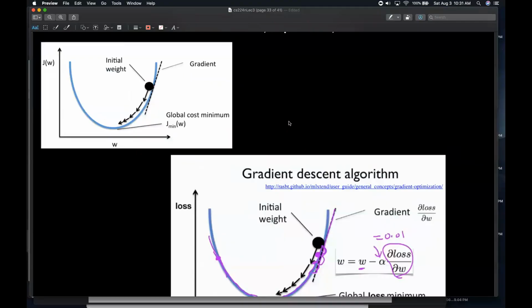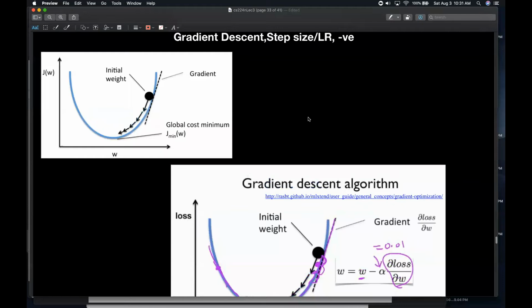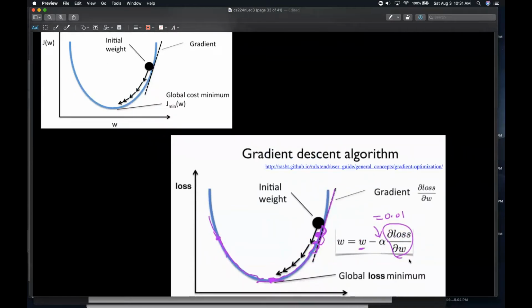So we jumped over what the step size or the learning rate actually is. This is a really important hyperparameter that you would have to tune in your models. Once you find out what this gradient is, the question is how much do you move by to find your next loss. So if your update A is just too big, then you overshoot and you reach somewhere here,